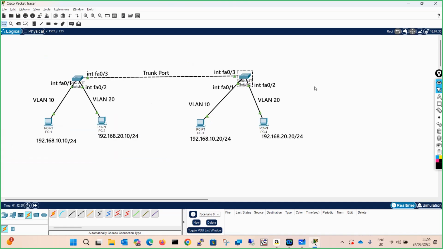So now we are going to do a small lab on trunk ports. Earlier we connected the switches in a similar topology, we made the ports between the switches access ports, and we saw that the switches were able to communicate with each other. Why? Because all were in the same VLAN, and an access port carries the traffic of only a single VLAN.